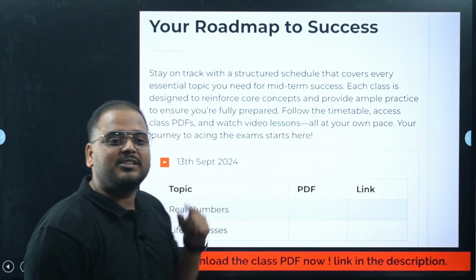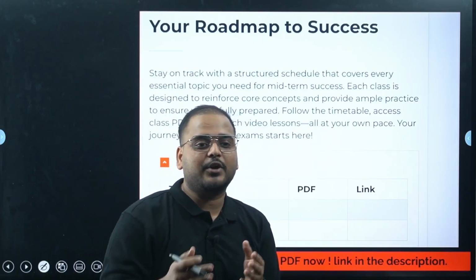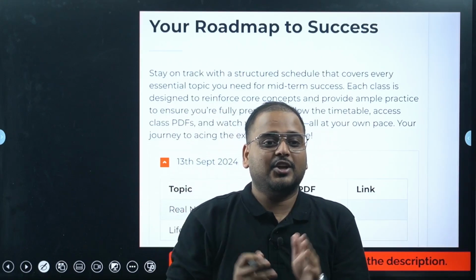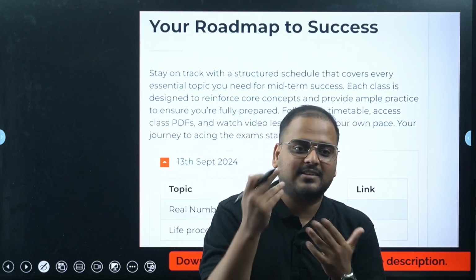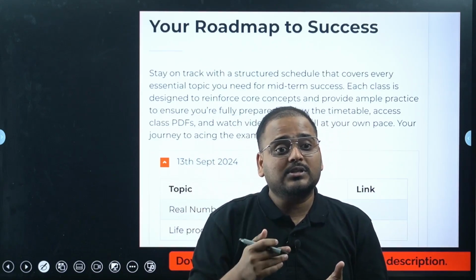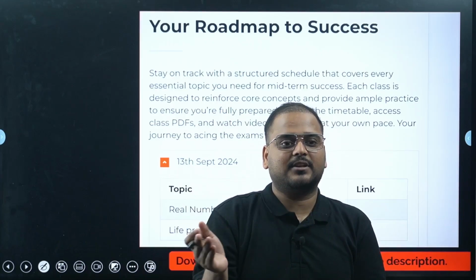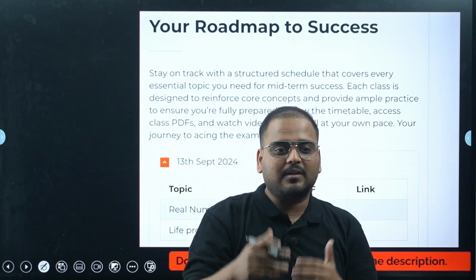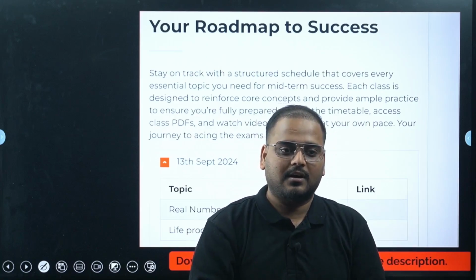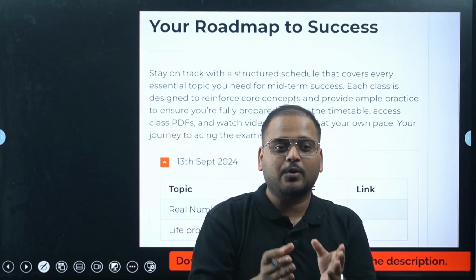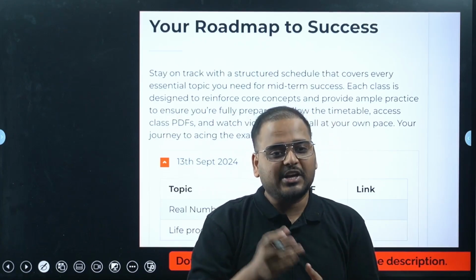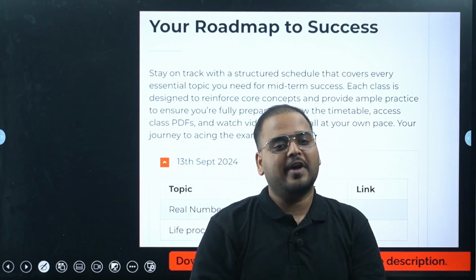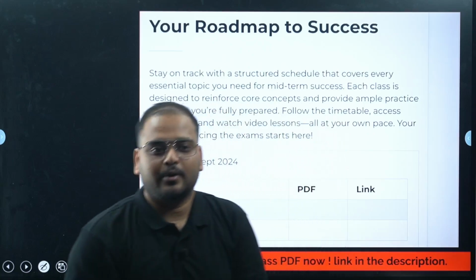Make sure that you revise the notes after your class, because whenever you have attended a lecture and you just leave it like that, then you will not remember. The human mind cannot remember everything that it has learnt or heard, right? So if on the same day, right after the class, you go ahead and read the notes, then you will have better memory recollection of the class. You have given some time to watch the video. If you don't benefit from it, then what is the point? So make sure that you download the PDFs and do the questions again, because the goal is to score very good marks in our coming midterm examination, right? Let's move on.